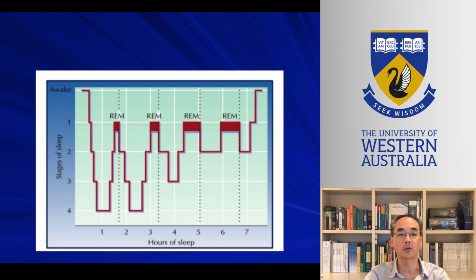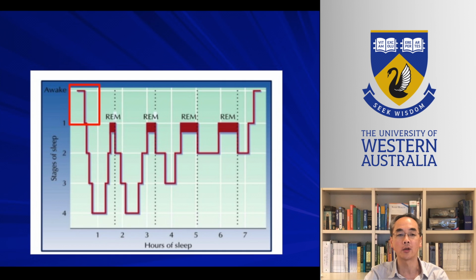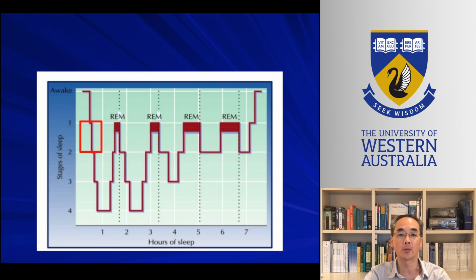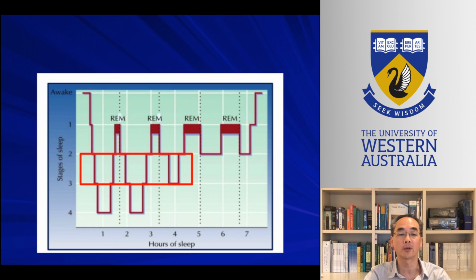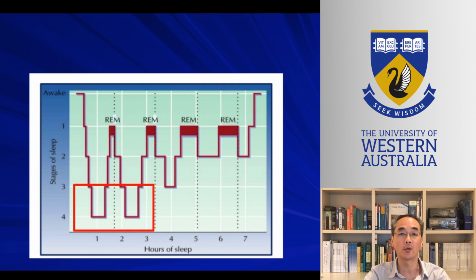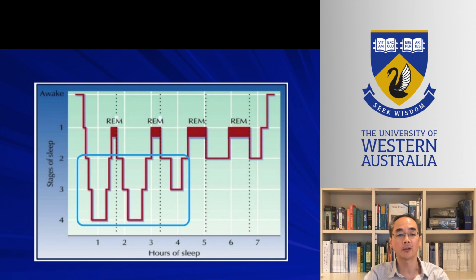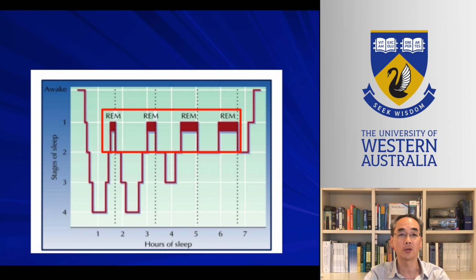When we sleep, we cycle through different stages of sleep. We generally start in non-REM sleep, specifically stage 1 non-REM sleep, then progress to stage 2 non-REM sleep, followed by stage 3 non-REM sleep, which is also called slow wave sleep. We previously also had stage 4 non-REM sleep, as seen in this slide, but more recently it was realised that this was so similar to stage 3 non-REM sleep that we grouped them together. So, after stage 3 non-REM sleep, we progress to REM sleep, which stands for rapid eye movement sleep, where we do a lot of our dreaming and problem solving.